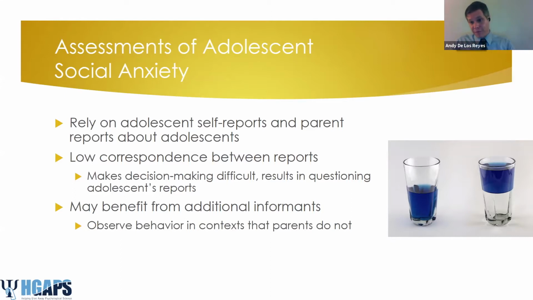We often just get very different answers from both of those people, from parents and adolescents, even when we're asking the same questions, right? That makes it really hard to make decisions, not just because two different people are providing us different answers, but because the adolescent is experiencing a set of concerns that oftentimes translates to them not wanting to look bad in front of other people, right? They don't like being evaluated negatively. So it becomes very easy for me to think, if they're different, then that means that maybe the adolescent isn't telling me the truth, right?